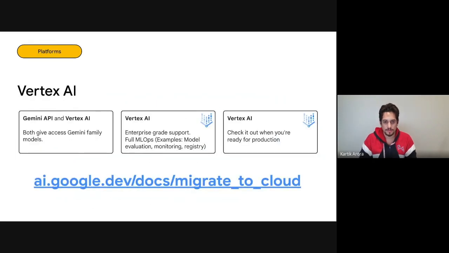Just to briefly talk about the Vertex API, that's the cloud managed version of the same things that we're talking about today. The endpoints and the APIs are, I think, 1:1, they match. And Google is taking great care to make sure that they do not break the API from here to there.